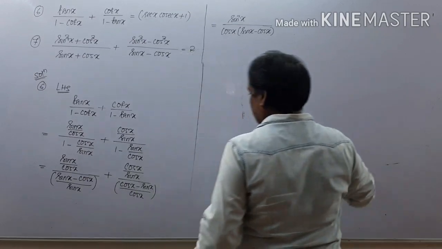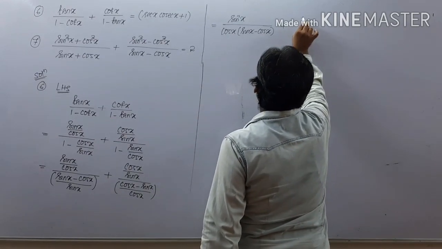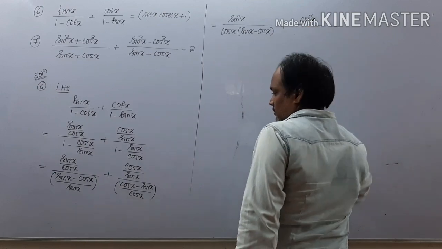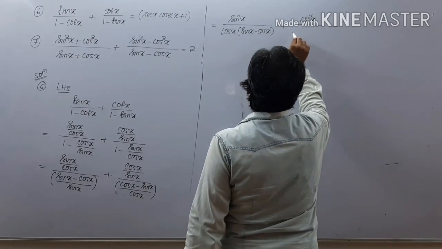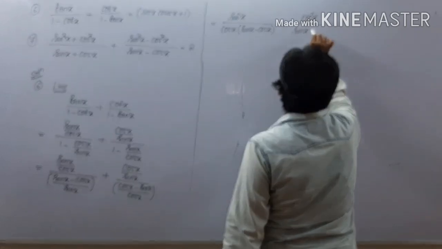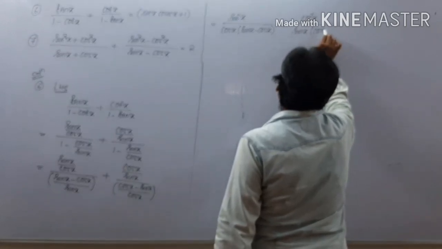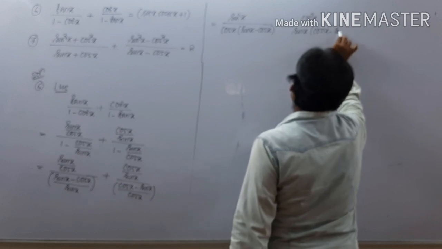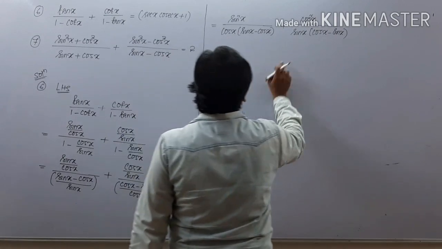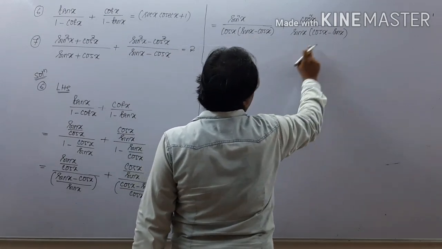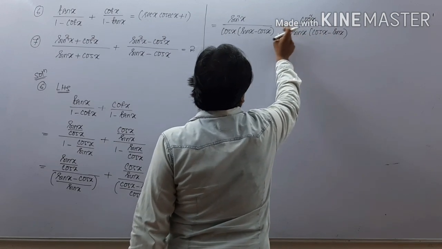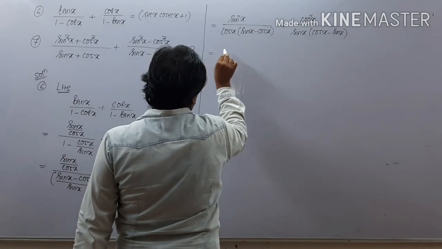Similarly, this particular term will become cos square x divided by sin x multiplied by cos x minus sin x, right? So here we have sin x minus cos x, here cos x minus sin x. So I will take minus common and this will be multiplied here and it will become minus. So clearly this will be